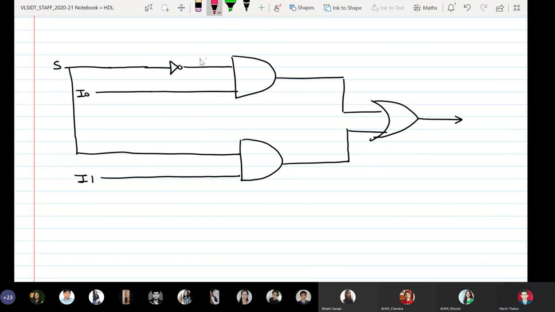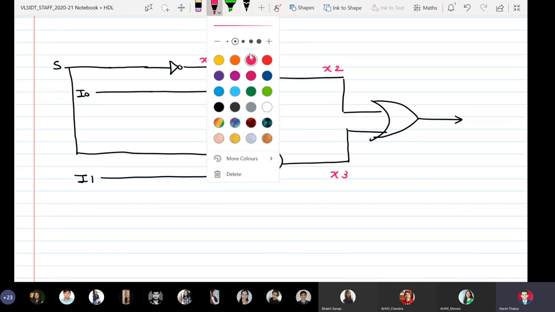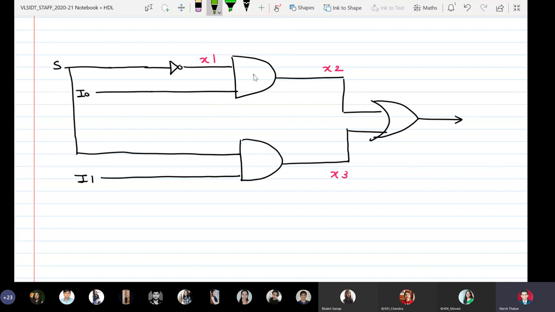Intermediate signals x1, x2, x3. Instance names a1, a2, and or else what we can do, we can write the instance names as AND gate 1, AND gate 2, and this will be OR gate 1, OG1, and this will be NG1.